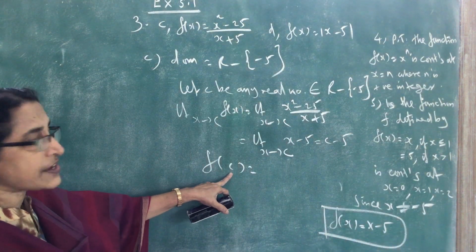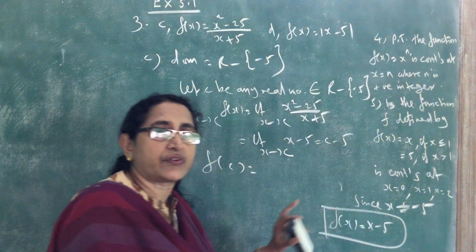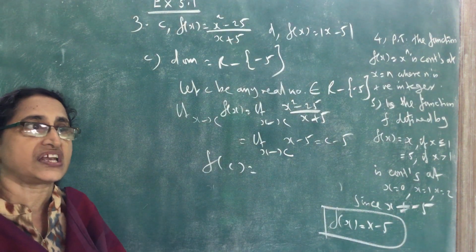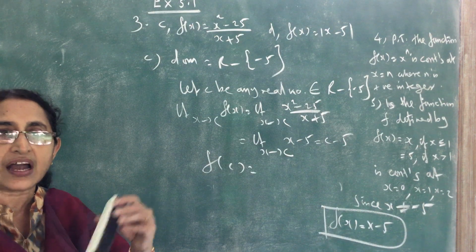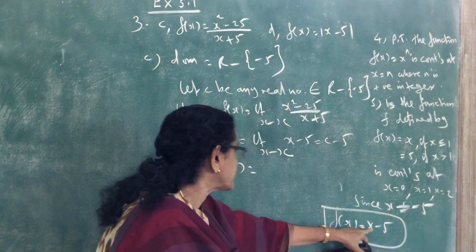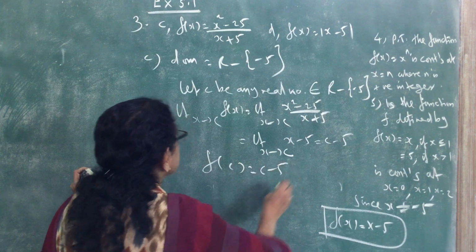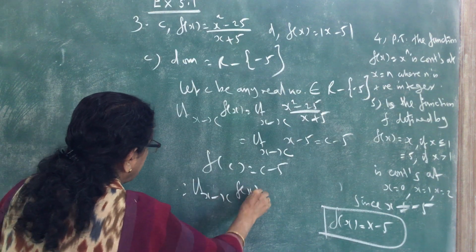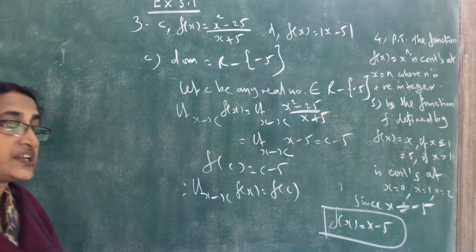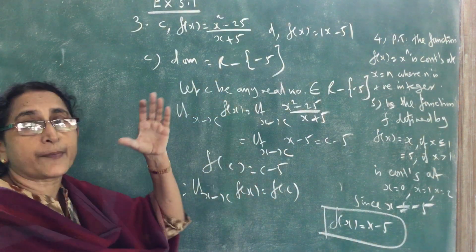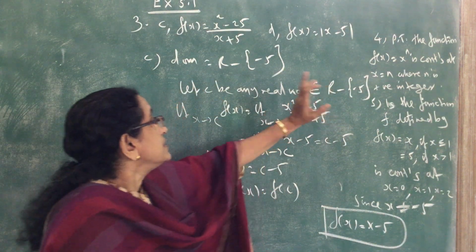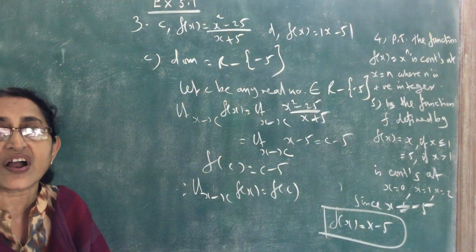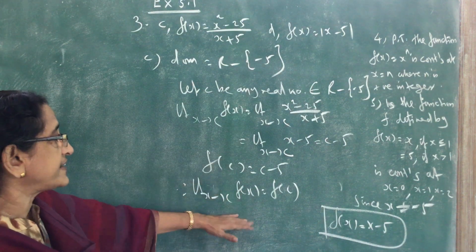So what is f of c? f of x equal to x minus 5, so f of c is c minus 5. To find the value of the function when x equal to c, we just have to substitute x equal to c in the function. So in the place of x we substitute c, giving c minus 5. So this is equal to that, therefore limit x tends to c, f of x equal to f of c. Therefore f is continuous at c. What is c? c is a real number, a general point of the domain. So we can conclude that the function is continuous in the domain of the function. Therefore it is a continuous function. Like that we can write the answer.